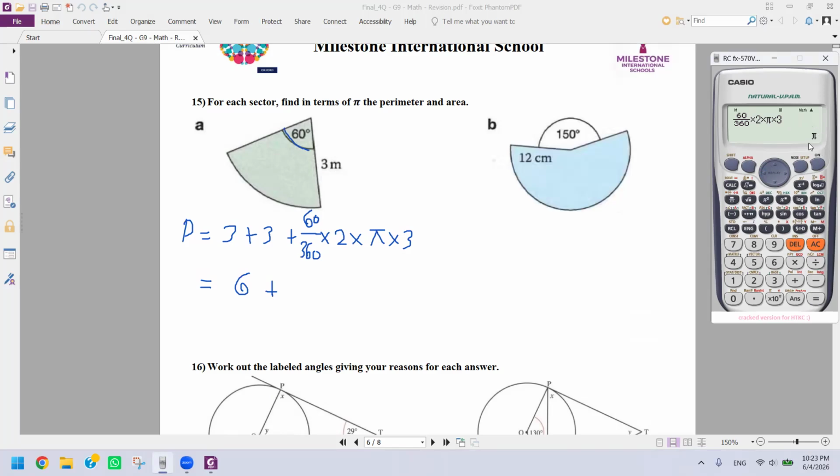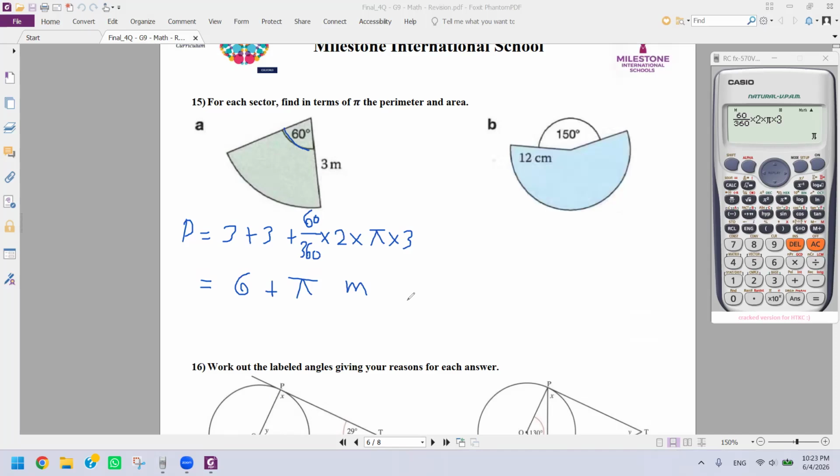You get the answer in terms of pi, and actually, after all the simplification, it's pi. So you write it here next to that number. So what's the perimeter? It's 6 plus pi. In this question, when we say write it in terms of pi, trust me, many of the students forget the units because of the pi. So you should write after this